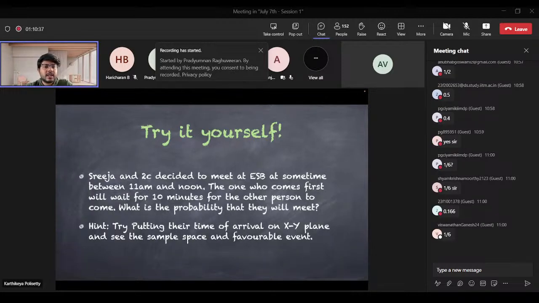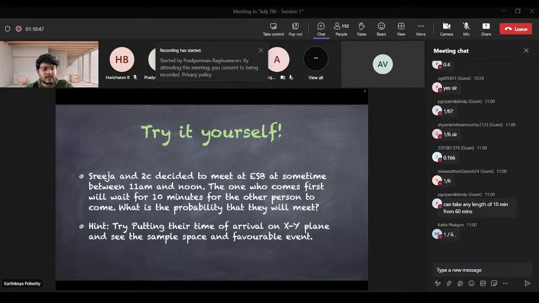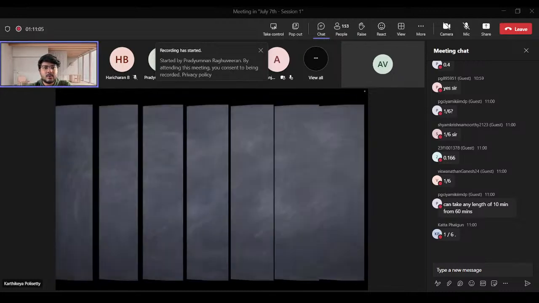Hint: try putting the time of arrival on the XY plane and see the sample space and favorable event. I can see many people saying 1/6, but sorry, it's not 1/6. You can try another possibility. Later on, we'll discuss it in the group. Yes. Moving on,